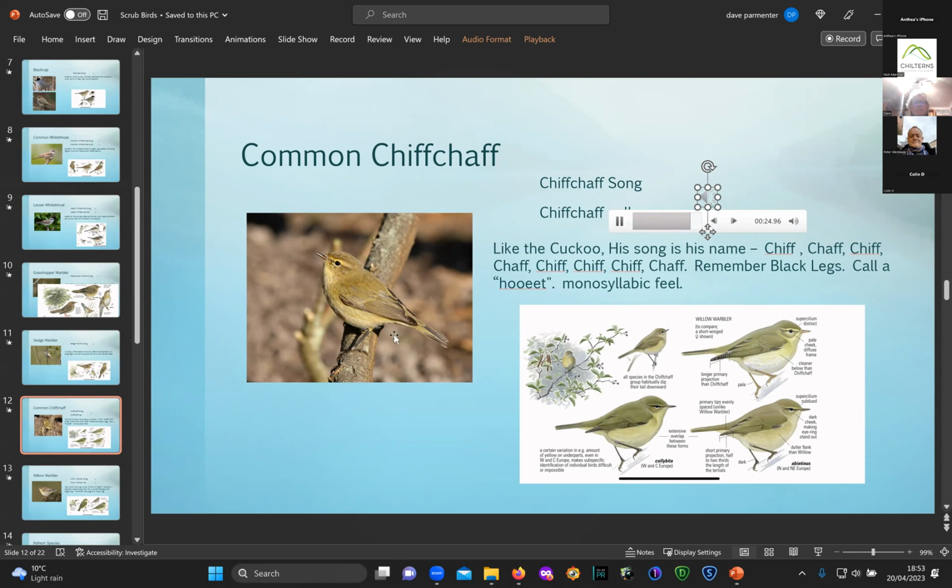To look at, it's not the brightest of birds. The photograph shows you the sort of plumage that we're likely to find chiffchaffs in at this time of year: yellowy, olivey, greeny brown, dusky underneath, sort of buffy, dusky underneath. Slight eye stripe, but